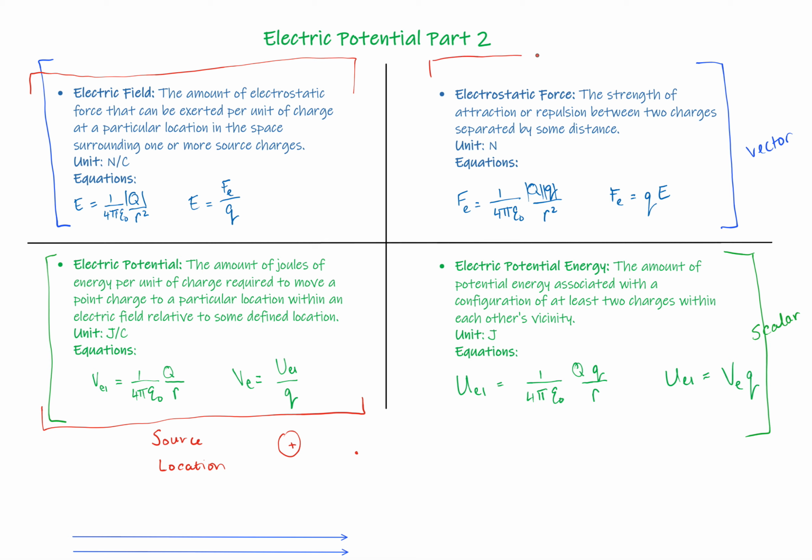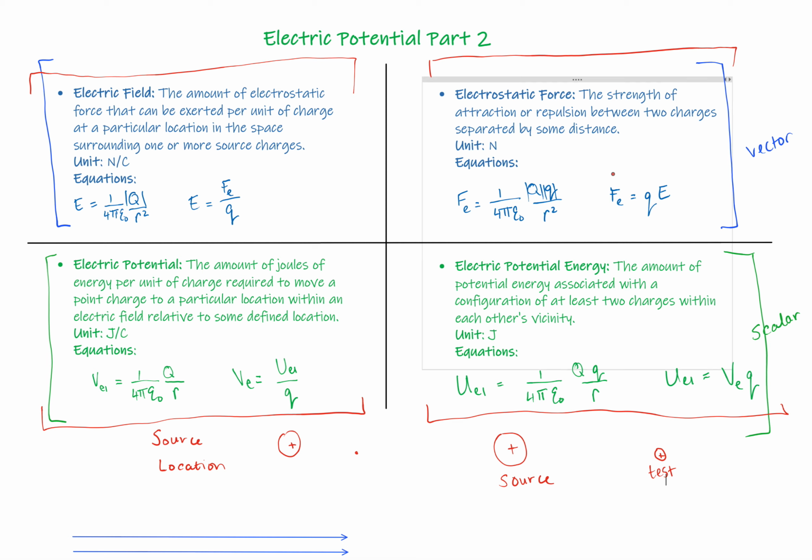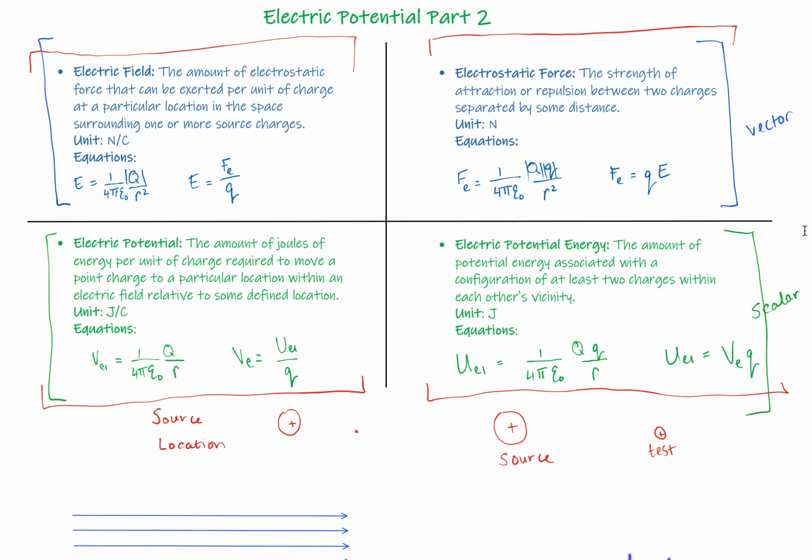Whereas the two on the right here, if I vertically combine the two up here, these two deal with a source and no longer just a location, but another object, and it could be a positive or negative charge, whatever. So we could call it a source and a test, or a source and a point charge. But these deal with the two interacting things, two interacting charges, and here we're dealing with a source and a location. So familiarize yourself with that so that looking forward, you have those things down and you have them classified